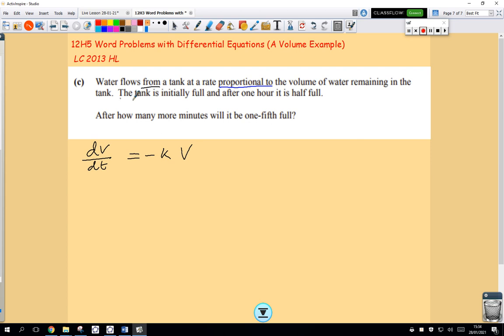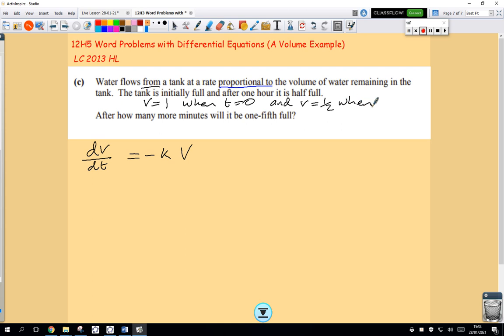The second part says the tank is initially full, so the volume is equal to, well, we don't know what the volume is, so I'm just going to set it as one full tank. So the volume is equal to 1, my units are full tanks, when t is equal to 0. That's another piece of information. And the volume is equal to, well, it's a half tank, so 1/2 of a tank,